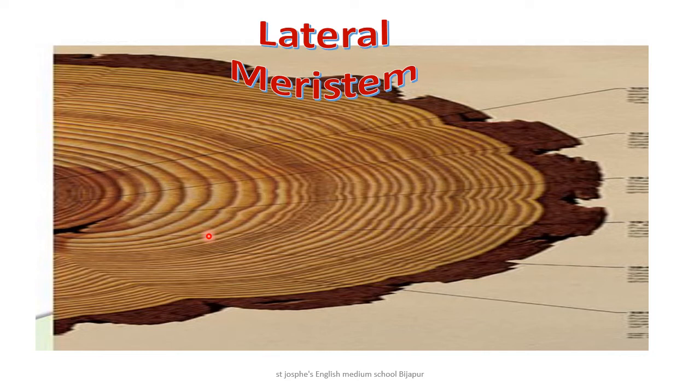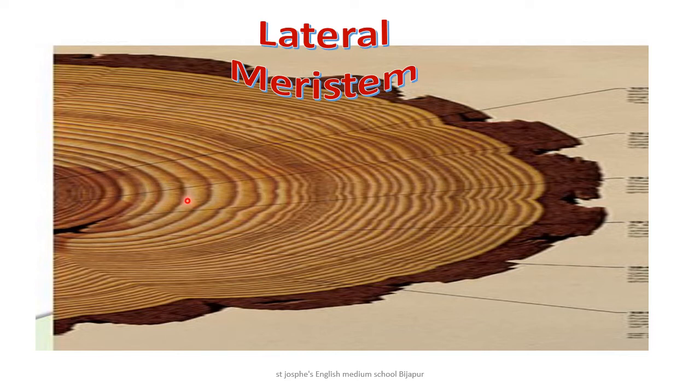They cause the growth. So in 1 year, the permanent tissues get converted to meristematic tissues and one ring is formed. The ring indicates the formation of new cells, the meristematic tissues. So the next year another ring is formed because again some permanent tissues get converted to meristematic tissue, which causes the formation of this ring.